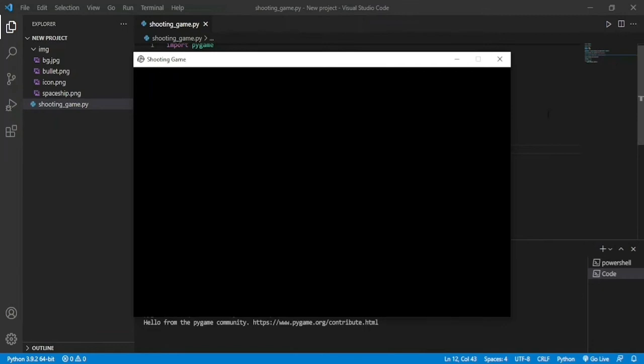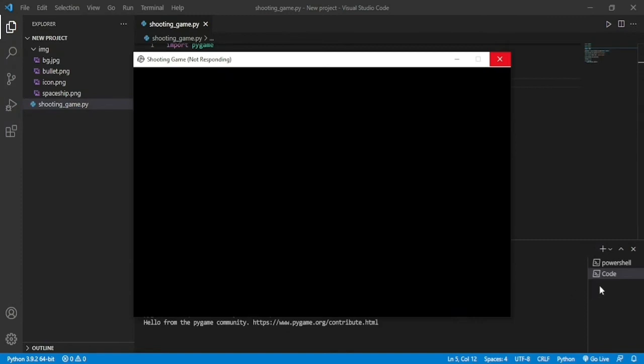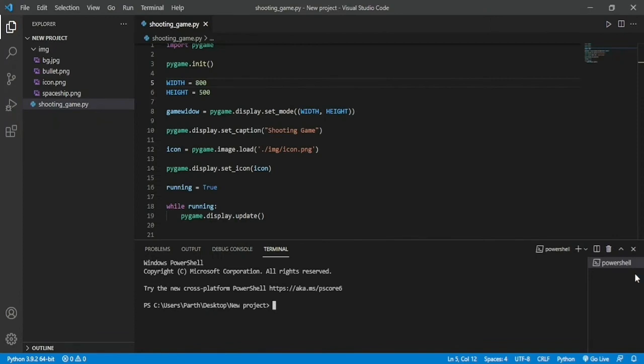So whenever we put our cursor here, we are going to find this loading symbol. We are not able to close it from here. So to close this while loop, we need to delete the terminal. You can do it from here, till the terminal.